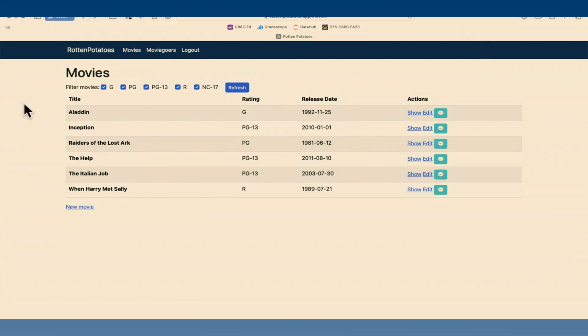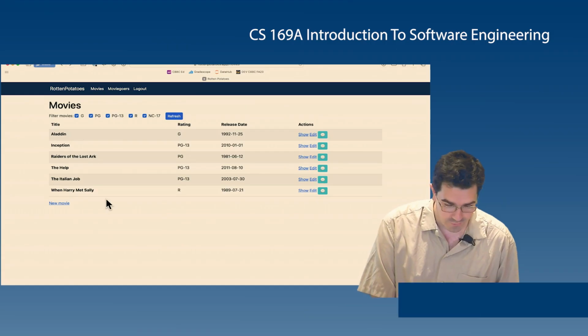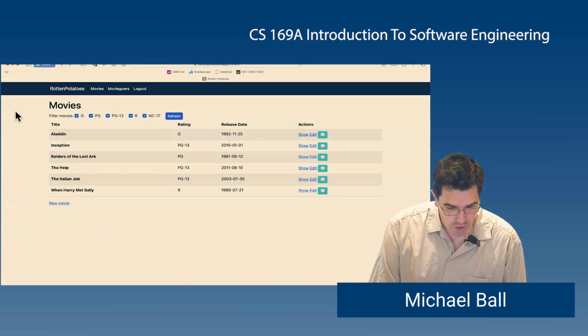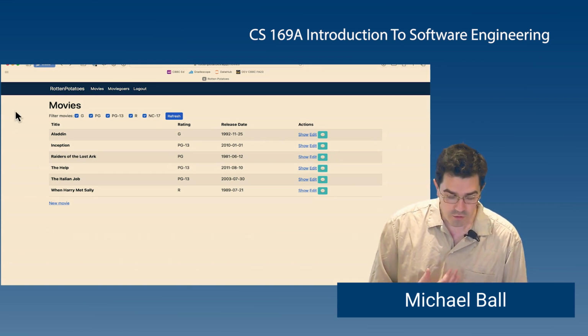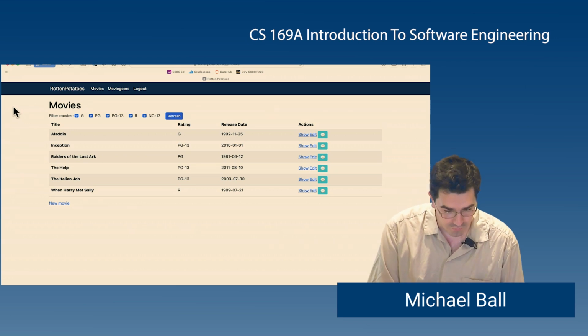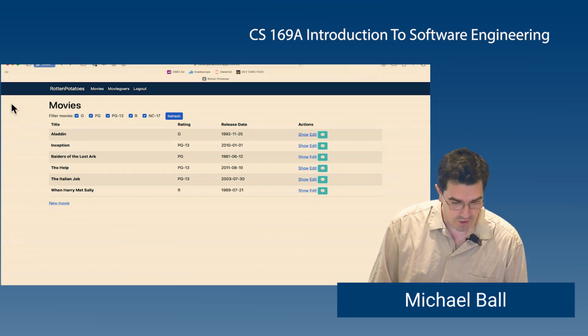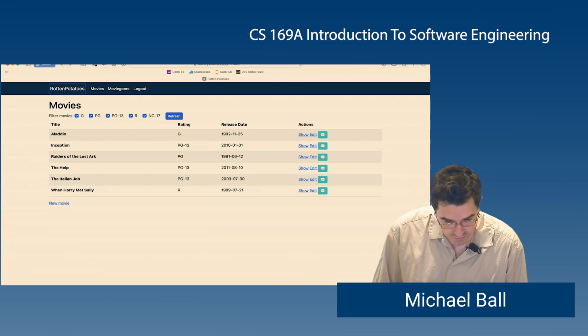So what I have here is a currently deployed version of Rotten Potatoes. It has some of the features that you've been working on in CHIPS, so I can select ratings, and so on. The columns are not yet sortable, but that's fine. But on a computer, you do need to enable this in your browser settings, which I won't do right now, but I'll just note that it might be something you want to search for, as I hit the tab key,